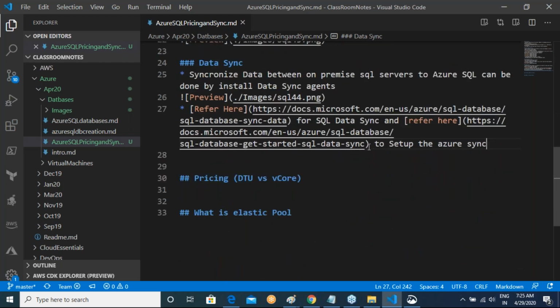I think I'll not be able to speak about Elastic Pool today, but I'll definitely speak